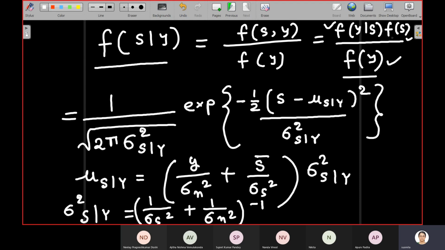Okay, so if you use the individual PDFs in this equation and then do some algebraic manipulation, you can put this in this form. So this shows that it is again Gaussian distributed, and then from there you can extract the mean and the variance. So you know in the Gaussian distribution where the mean and variance appear, right? So from there you can find the mean and variance, and it can be shown that if you have done everything correctly, then you will get these two expressions for mean and variance.